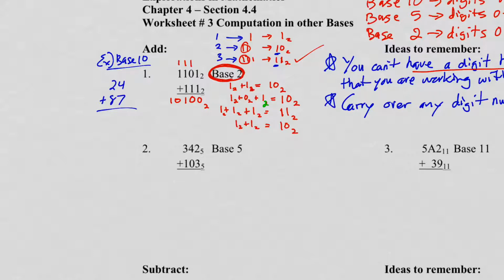Remember, we use a new place value once we hit 10 or above. So 7 plus 4, as far as items go, is 11 items. That's 11 things. But in base 10, we don't have a digit for 11. We have to say, hey, we completed